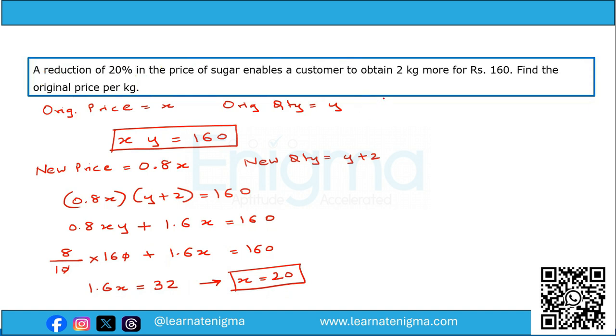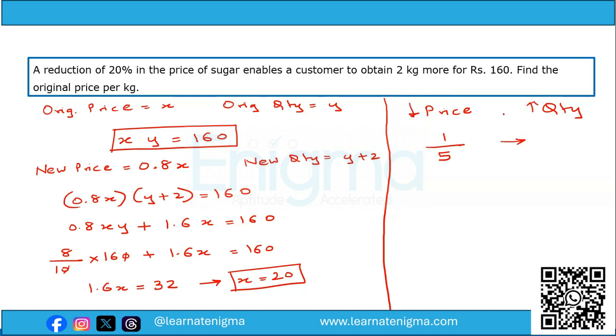Now another approach to this question could be by a simple concept. Okay. Now we have here price and we have here quantity. Now price has reduced by 20%, right? Price has reduced by 20%. The fraction equivalent of 20% is 1 by 5. Now, because that is 1 by 5, the corresponding change in quantity: price has decreased, so the quantity must have